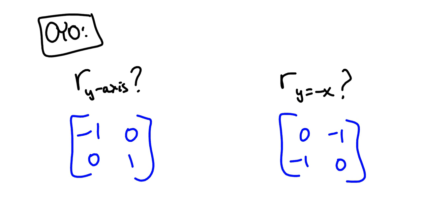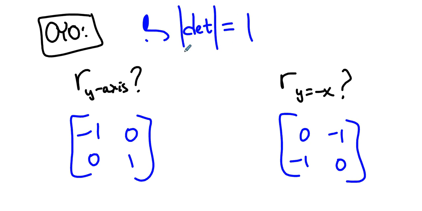So there you have it. The reflection over the y-axis, (1, 0) becomes (-1, 0). (0, 1) remains (0, 1). For the reflection over y = -x, (1, 0) becomes (0, -1). (0, 1) becomes (-1, 0). Those are column vectors. I will note as a side note here, the determinant of all of these matrices,